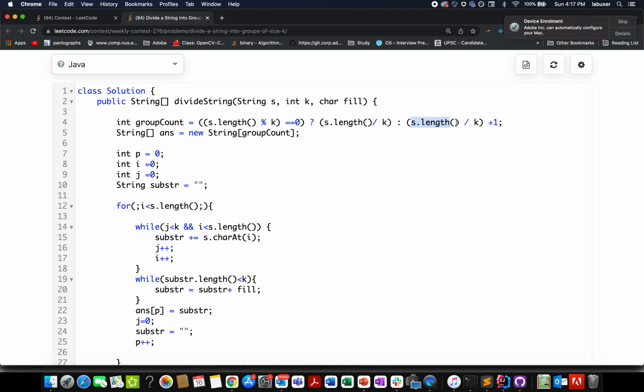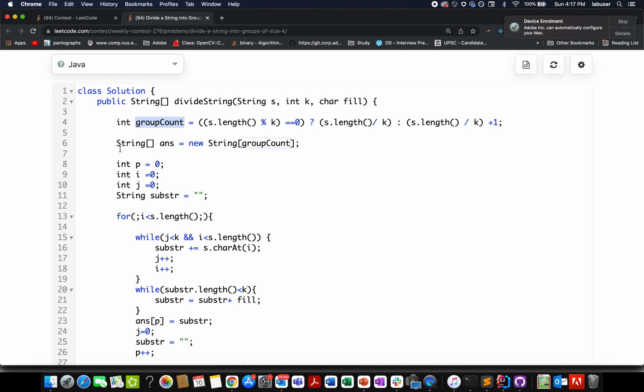Otherwise, it would be s.length divided by k plus 1, because in all such cases there was some remaining modulus value. Next, I create the answer variable, that is an array of strings of the same size as the group count I have calculated here.